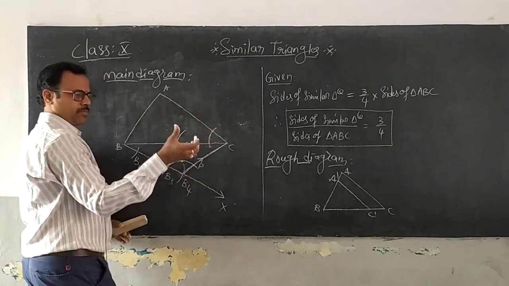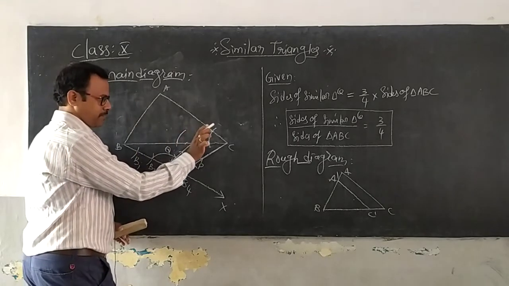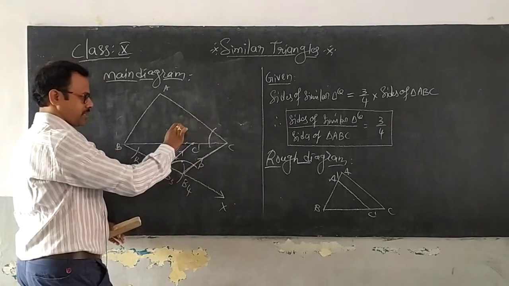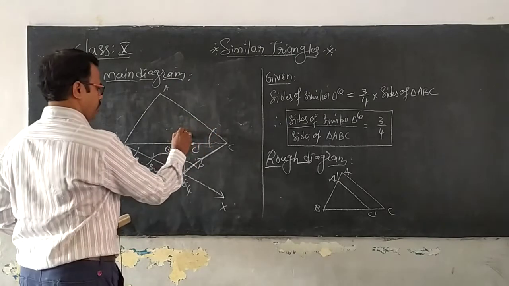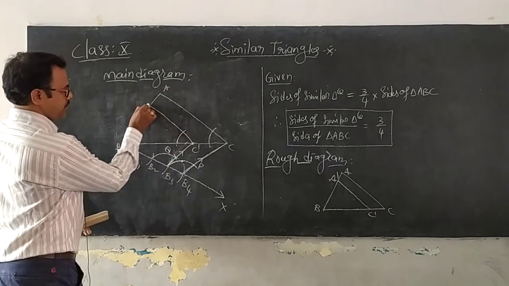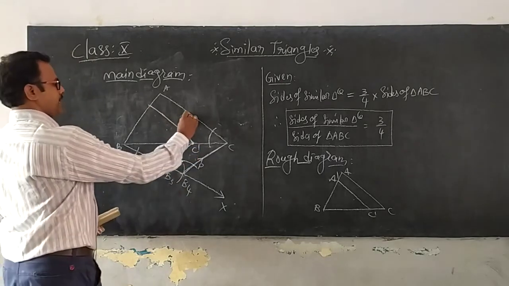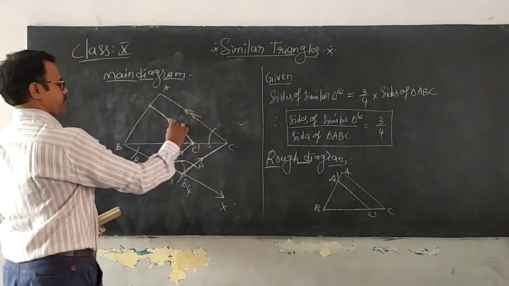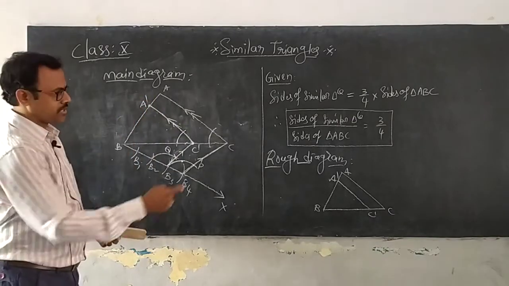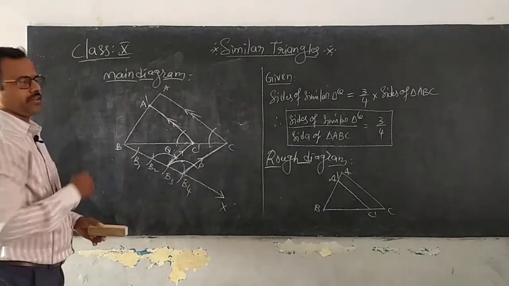See here, my thumb is the compass needle and this chalk is the pencil. I place the compass needle at the point and another point here. Now the same measurement is taken and an arc is drawn here. Now I join from C dash to this one. Now this is your line parallel to AC. It cuts the line at the point A dash. See, your similar triangle A dash B C dash is formed here.